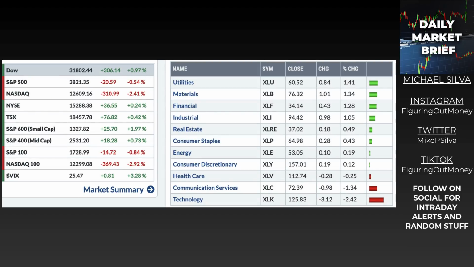Now, from a daily perspective, this is the dashboard. We're looking at the top here, we have utilities, and utilities is typically a risk-off move. We've been seeing this a few times here and there, but we haven't really been getting any follow-through. So we're going to keep an eye.